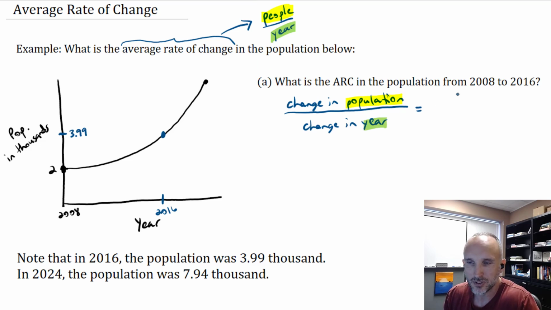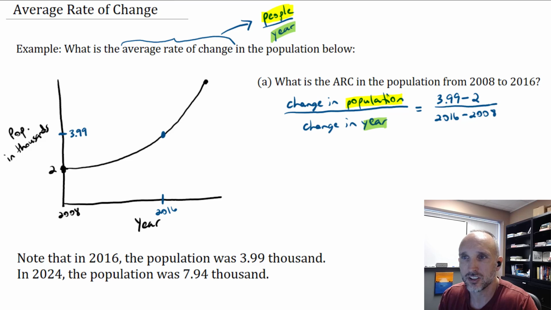Well, that's pretty simple. So 2016 had a population of 3.99 thousand minus, in 2008, the population was 2,000, divided by, so this is going to calculate the difference in population, the change in population by subtracting. And then in the year, we're going 2016 to 2008. So we take the later year minus the earlier year. And now we can do this calculation to get our answer. And that gives us approximately